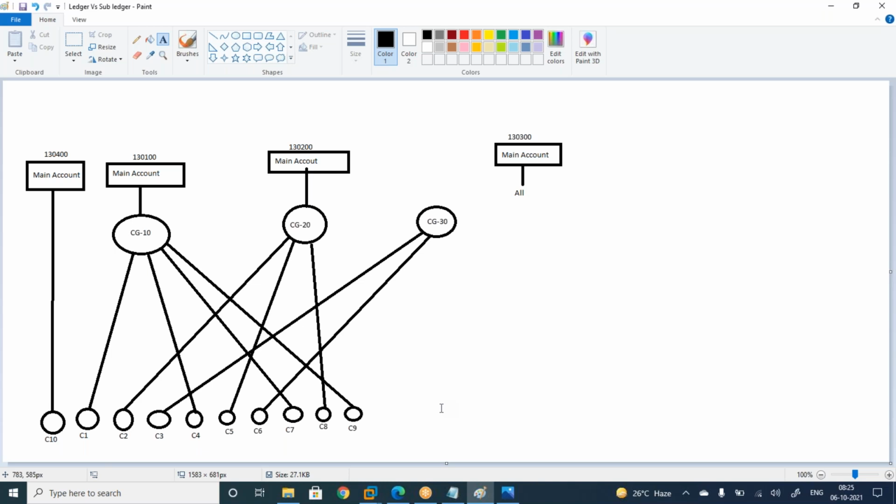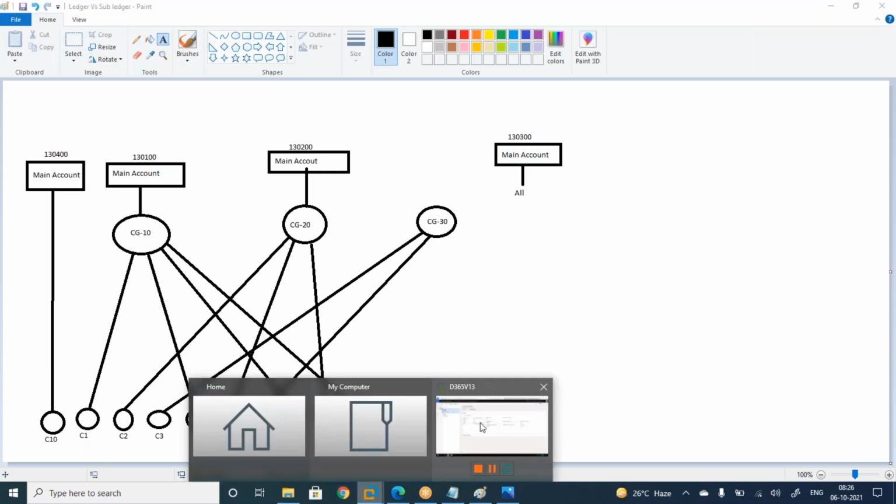But I got one reference, suppose Accenture or TCS or Infosys, one company. I got a good reference. Now Accenture or TCS or Infosys, big companies, they are taking bulk orders. At a time, 100 laptops, 500 laptops they will purchase. Then I want to see in the trial balance,